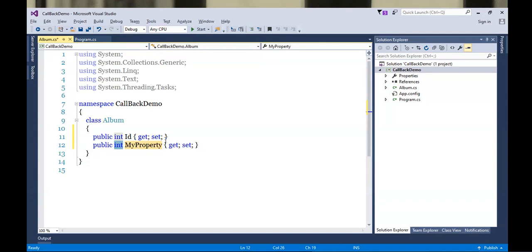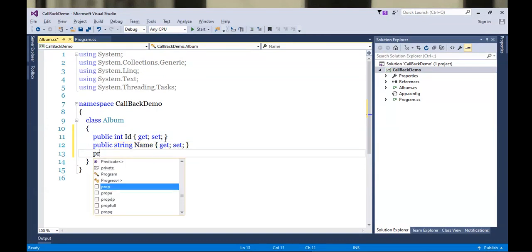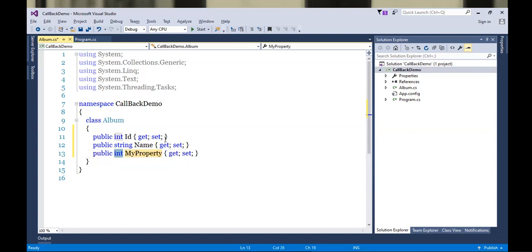I require ID, then definitely the name of that album, which is required. Next, I'll be requiring the type of that album. Then I'll be requiring the price of that album.